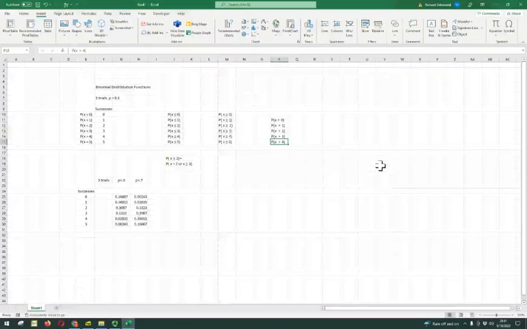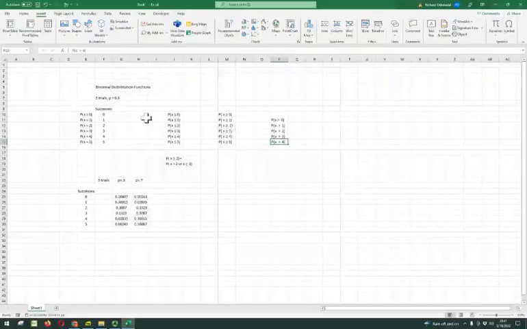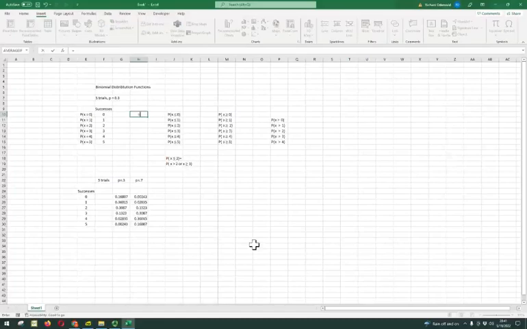The binomial function in Excel is equals BINOM.DIST, and this command can be both cumulative and individual. If we do the individual ones first,